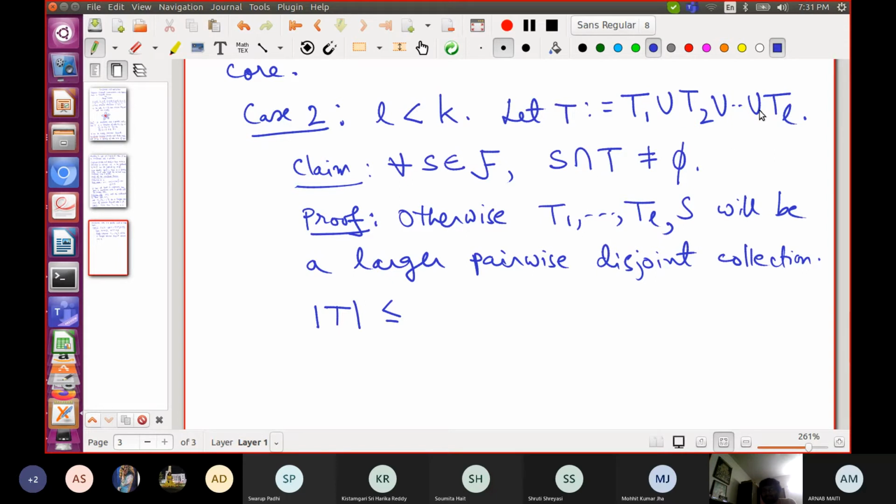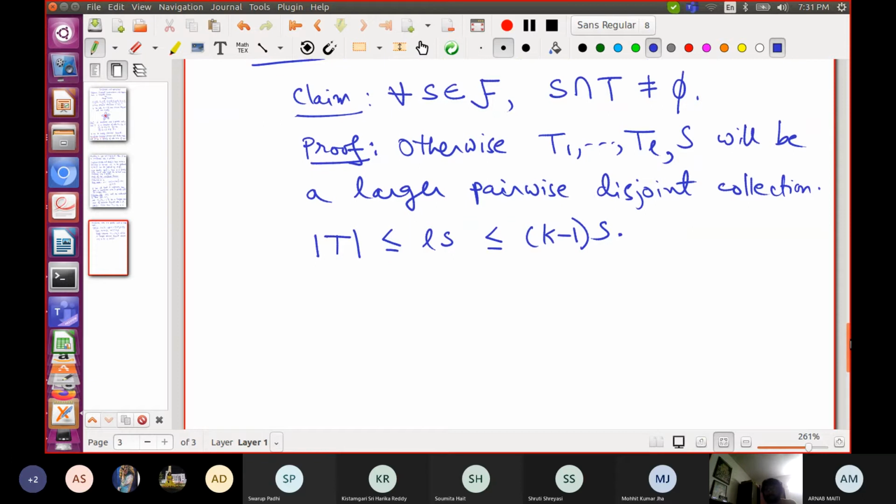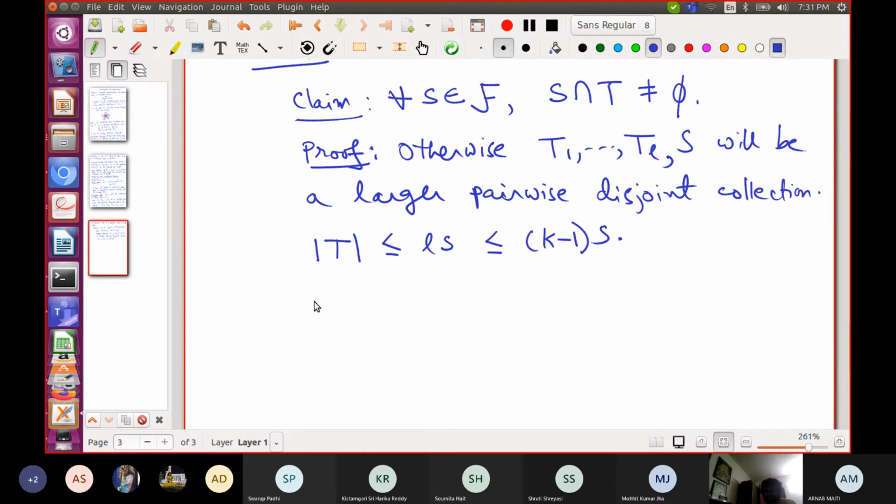There can be some overlap, but certainly it's at most L times S, which is at most K minus 1 times S, because we assume that L is strictly less than K. So there is this set containing K minus 1 times S or fewer elements that intersects every other element in the family. So this is the end of the proof of this claim, and this is something new.